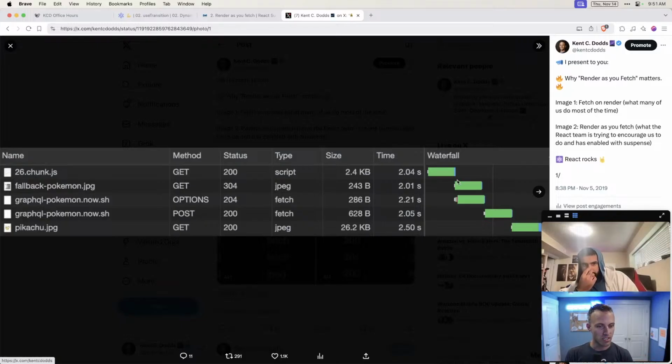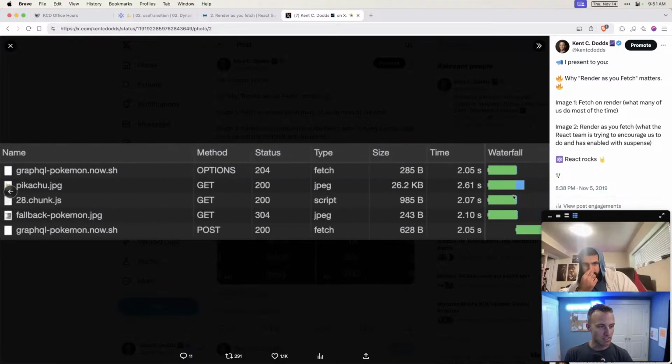So what render as you fetch does is it says, hey, let's just scooch these all over. And in fact, you could even take this further, because we have this stupid options thing. If you're on the same domain, you wouldn't have the options. This would be scooched over as well, which you probably should be. But in any case, that's just a CORS thing. Bad for the example. I probably should have come up with something else. But anyway, scooch that over. The whole thing is straight down, which means it's going to be faster.